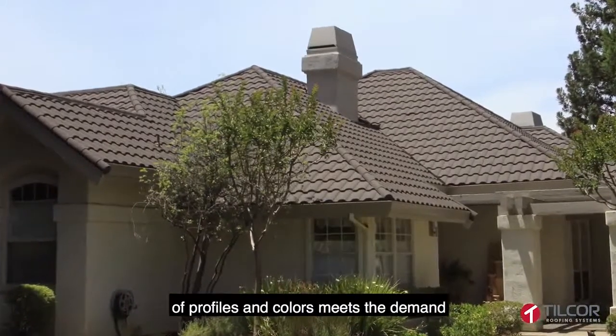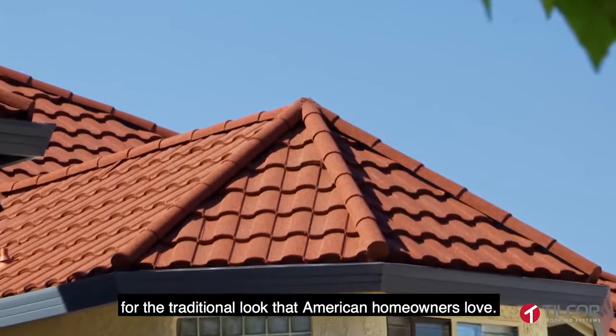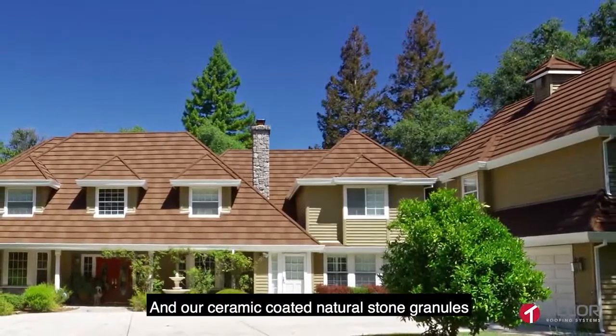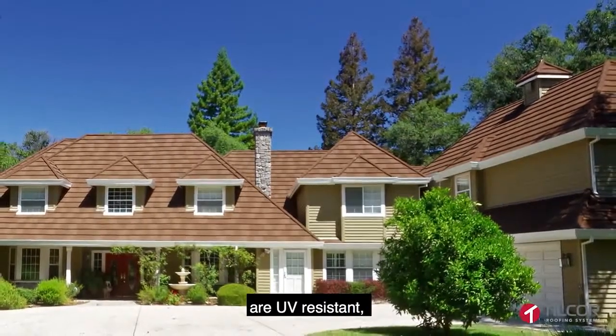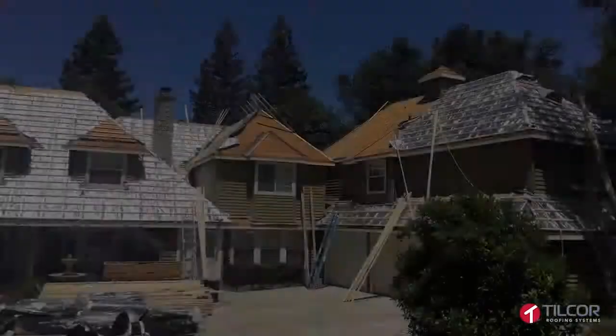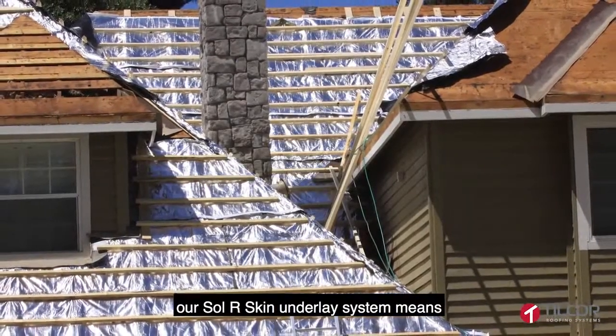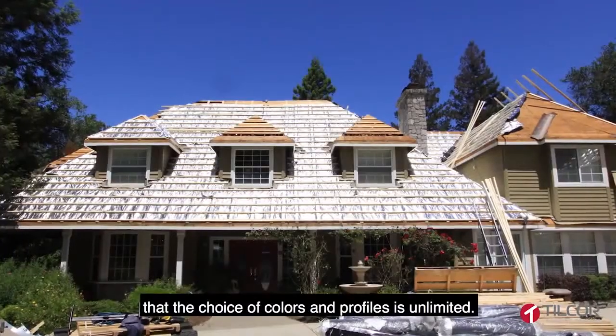Tilcor's extensive range of profiles and colors meets the demand for the traditional look that American homeowners love. And our ceramic-coated natural stone granules are UV resistant, providing a sophisticated finish for the lifetime of the roof. For homeowners seeking a greater R-value performance, our Solar Skin underlay system means that the choice of colors and profiles